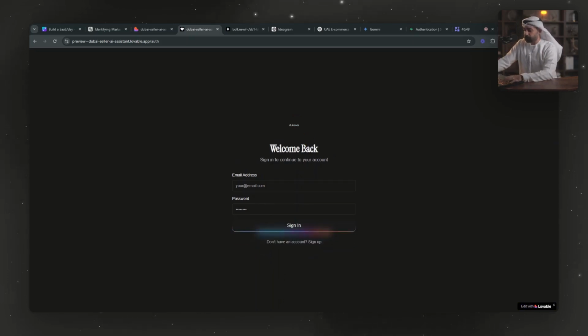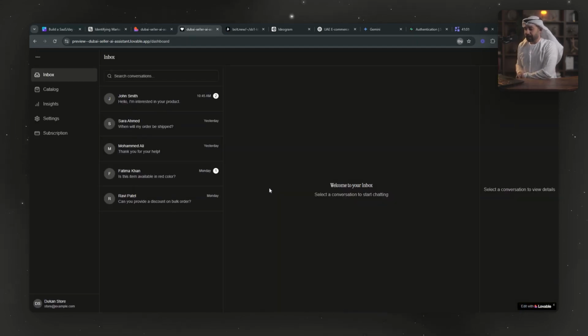So I have an account over here. Let's just log into my account, and I want to show you how it looks. You can see at the bottom over here, it shows you login successful. It takes you to the dashboard. And this is the dashboard. This is all dummy data, by the way. I told it to give me dummy data just so you see how everything works and how you can add everything within the database and so on.